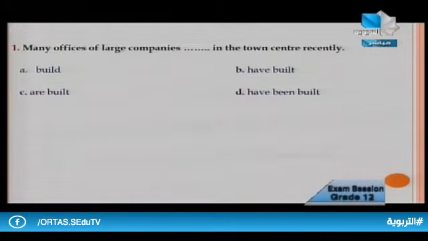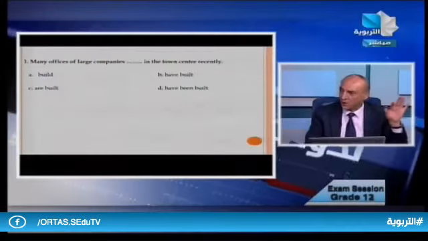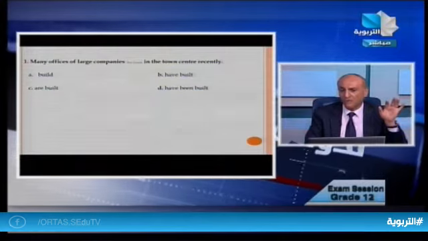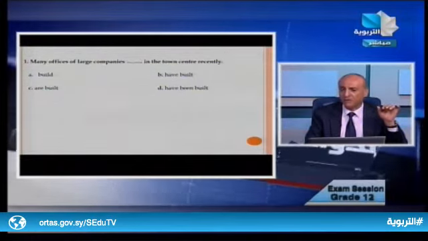It can also be used with the past simple, by the way. So here we don't have past simple, we have present perfect active, which is B, choice A, and we have choice C. Again, it is in the passive. Again, it is present simple. So A and C are wrong. Here, have built or have been built. Have built is active.